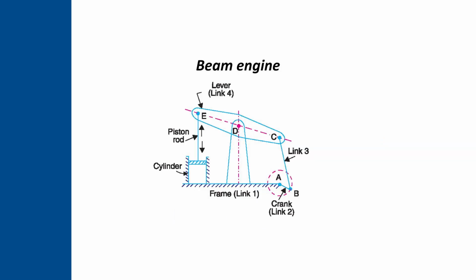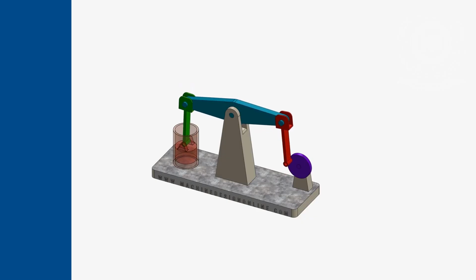It consists of 4 links. The links are XA, which acts as a frame, the link AB, that is crank, the link BC, that is connecting rod, then there is link CE, which is a rocker. All the 4 links are connected by pin joints, therefore it is also called 4R bar chain or 4-bar chain mechanism. In this, the motion is crank rocker motion.